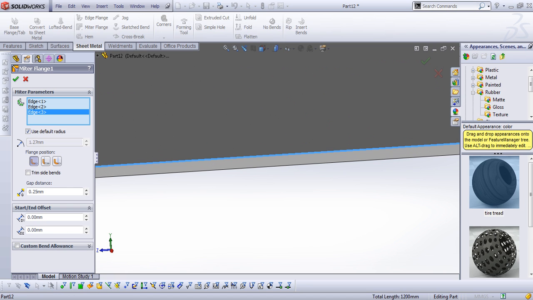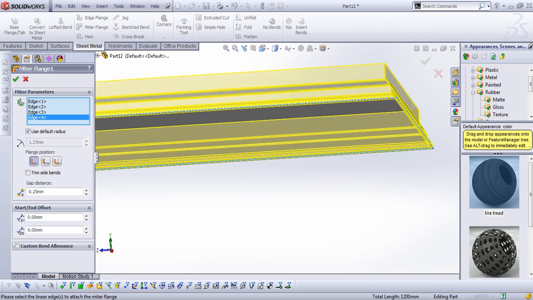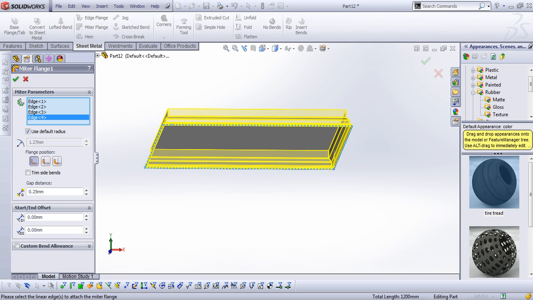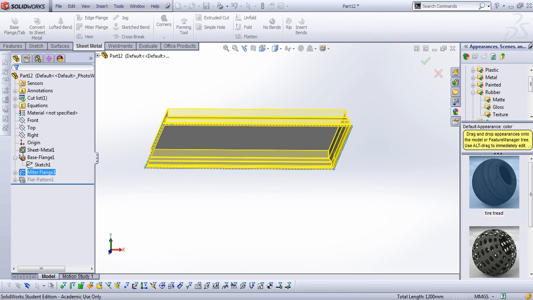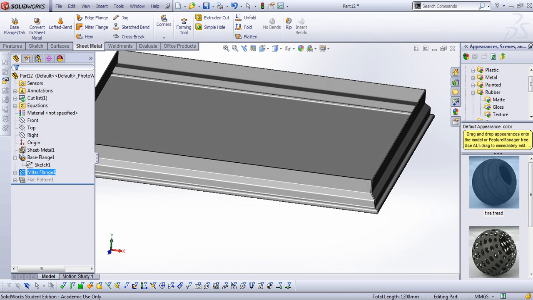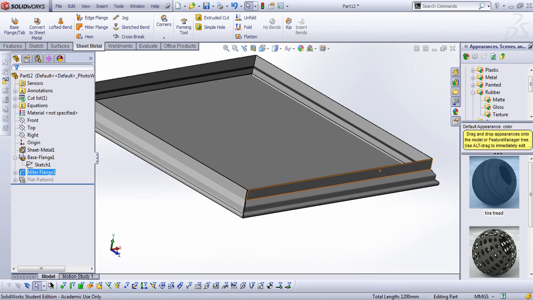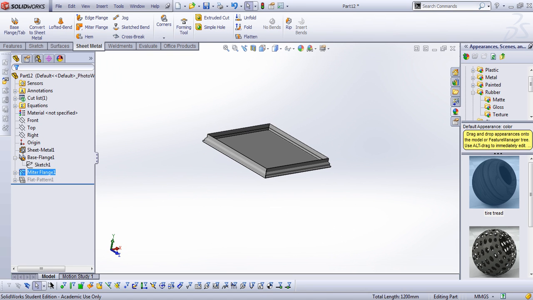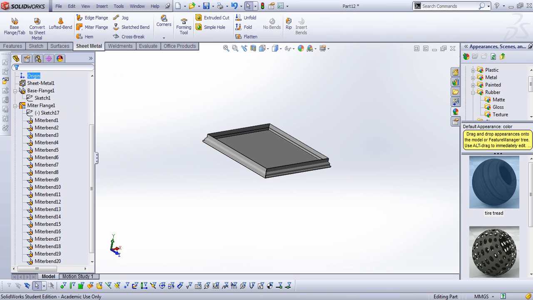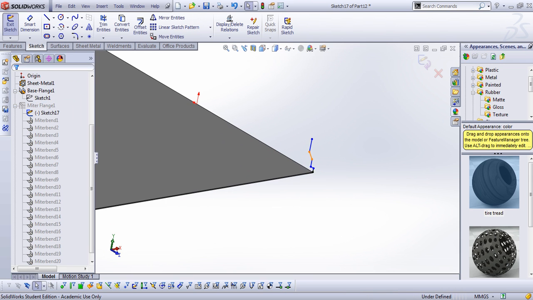So select this side, and then it takes time. Yes, it did that. So you can see that now we made this shape here. So interesting geometry, all done in one shot. And now if you want to actually change anything here, for example, if you want to change the miter, and there are quite a few here you have, you can change this shape you made here,